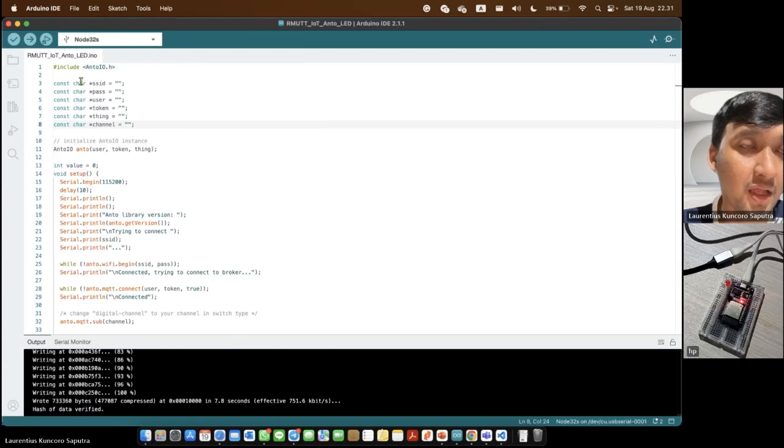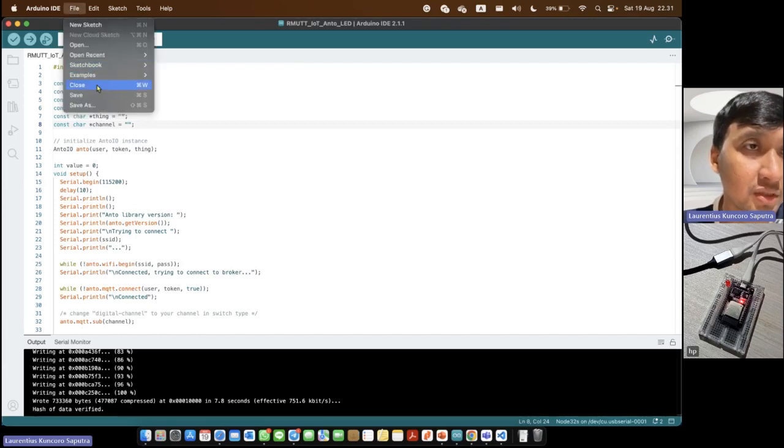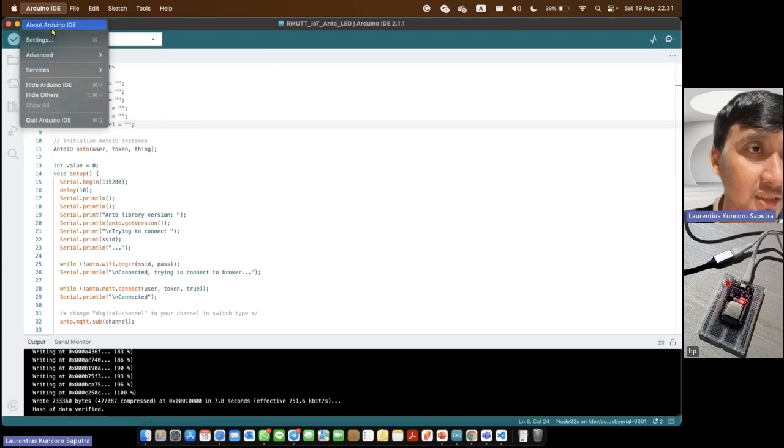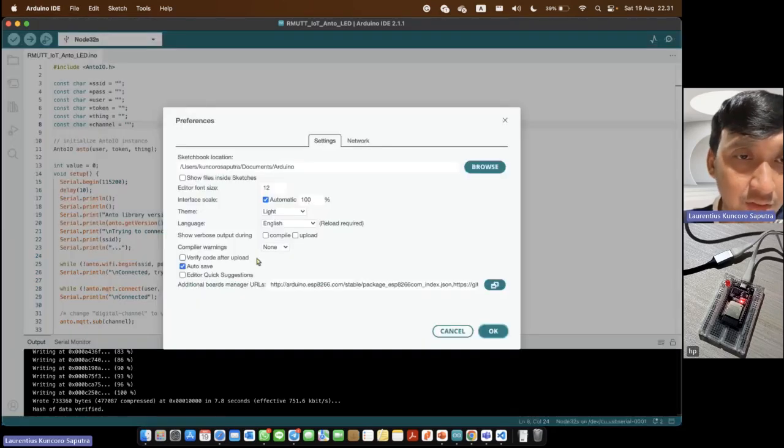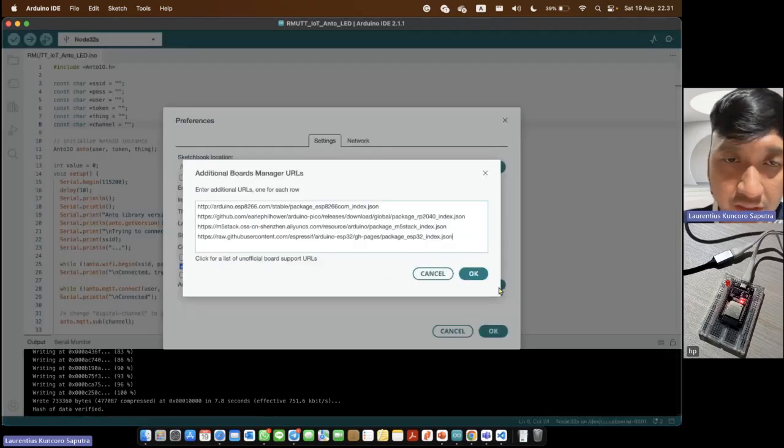And maybe I assume you already put the reference or configuration. It's like a setting, and you already put the additional board manager URL here. If you want to use the ESP32, you should add the URL of the JSON file for the ESP32 board manager.